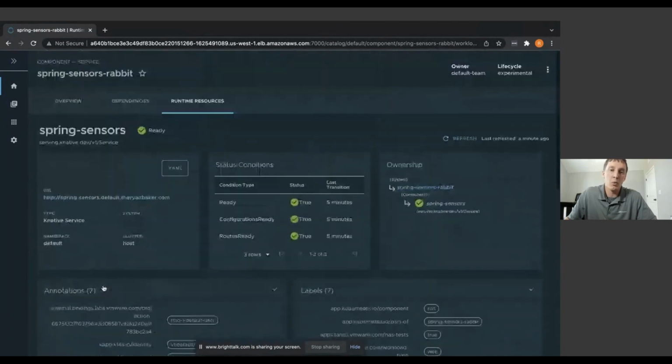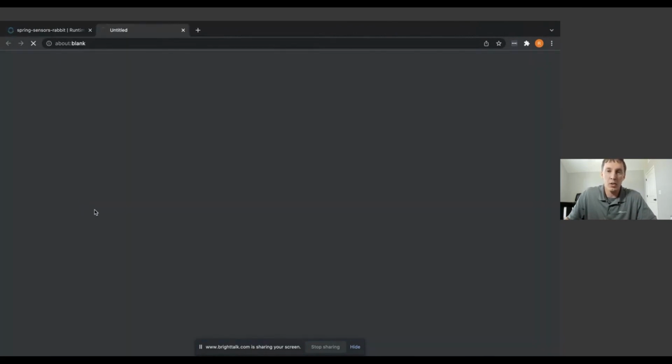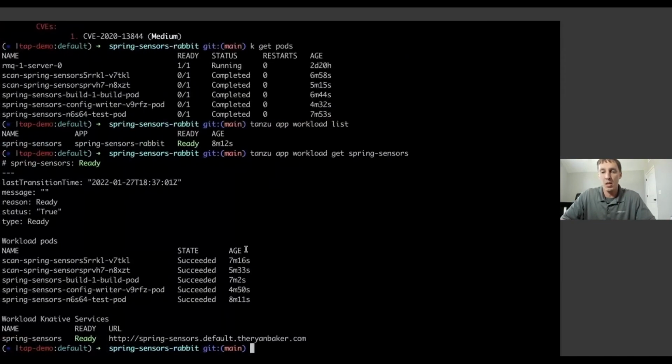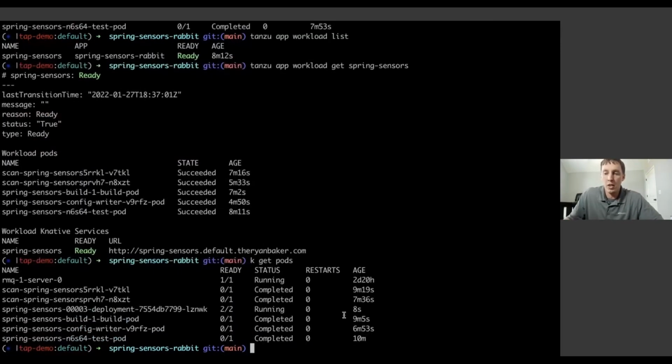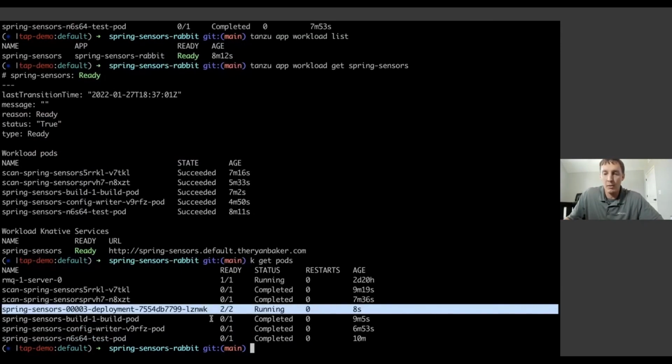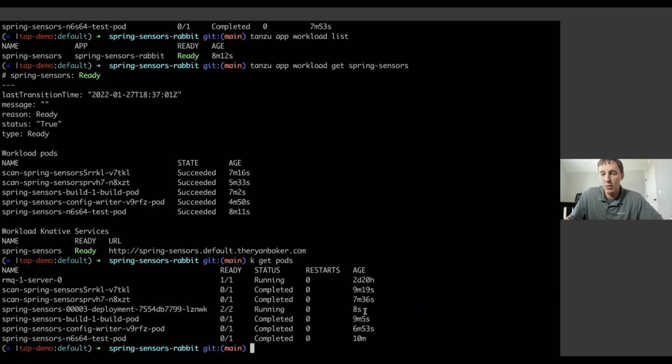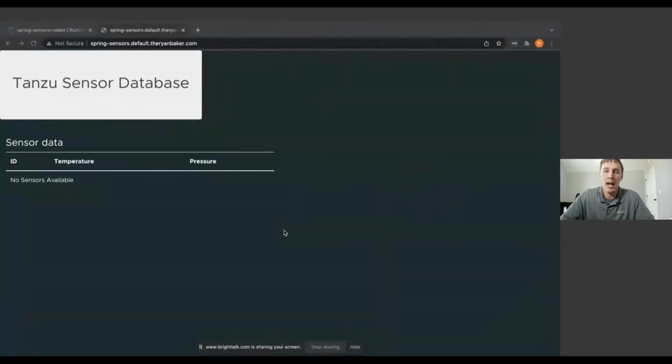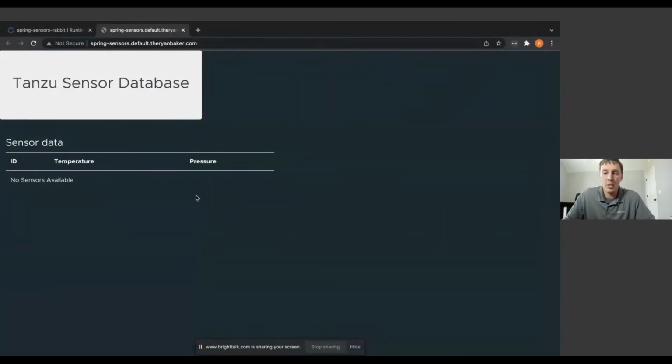So what's going to happen here is if I actually go up to the URL, you're going to see that it's going to start to pause for a second. And the reason it's pausing is because CNR is actually holding on to that request that has come in. And in the background, it's launching a new container. So you can see that we have a deployment running, and it's only been running for 8 seconds. So by the time I hop back, we can now see that our application is up and running and it's available. So we have successfully went through our entire supply chain,